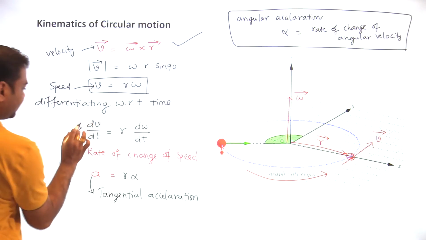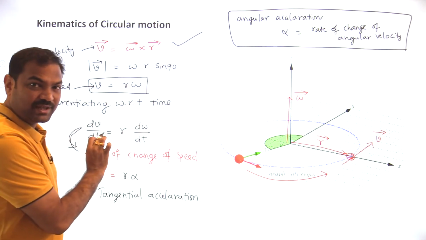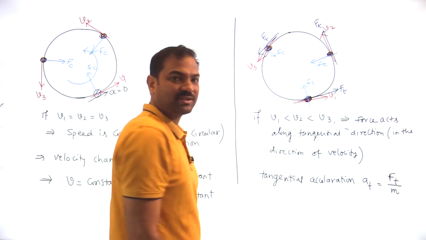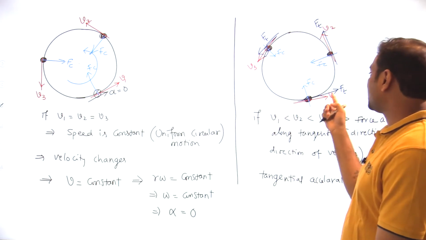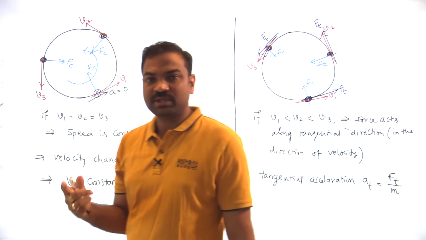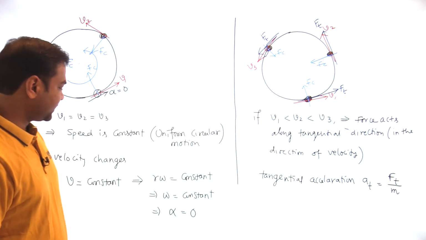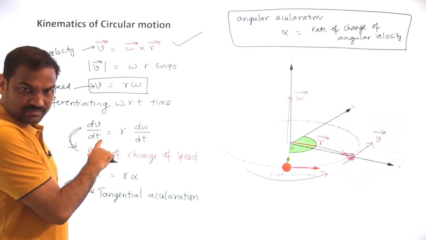So that's why we have taken only the variation in the speed. Why have we taken only the variation in the speed here? Because force and velocity are both in the same direction, so only the magnitude changes. Force and velocity are always in the same or opposite direction. If opposite, speed decreases; if the same, it increases. That's why we calculated only changes in the magnitude.